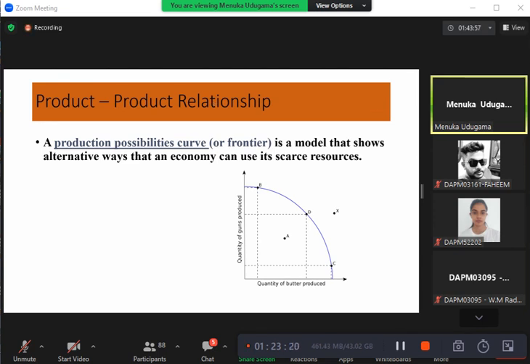Recording in progress. Okay, so the third type of relationship we will look at is the product-product relationship. And what do we mean by product-product relationship? We know that in a firm, you would produce more than one product at the same time. It could be two crops. Maybe you want to produce